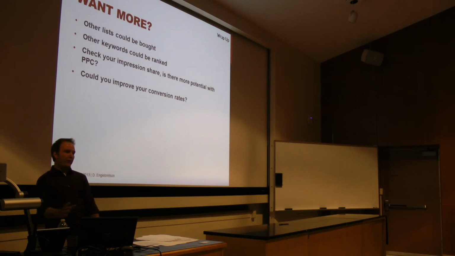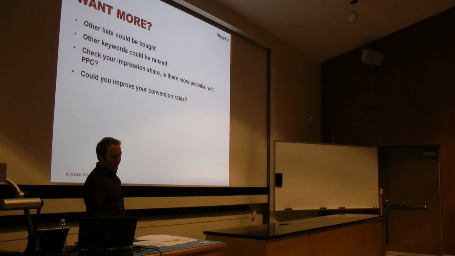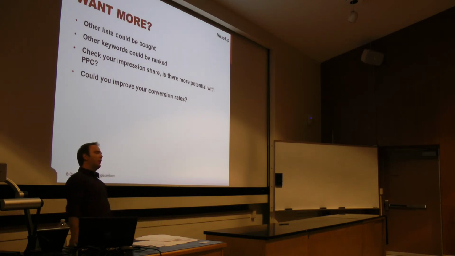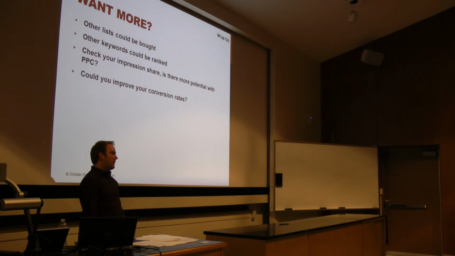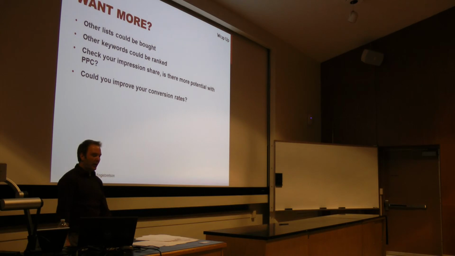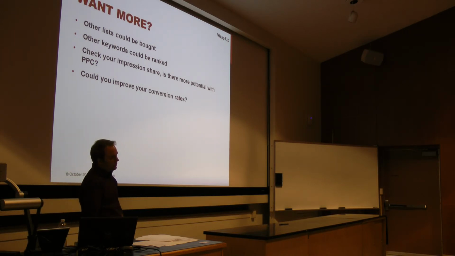So let's say you still have $400 left, or a little bit of energy left, or you want to say, well, what could I have done more? How could I scale this up? Well, you could have bought some other email lists. You could have used other keywords in your PPC. You could look at your impression share, which I'm not going to dig too far into, and find out that if I spend another $2 per lead, I could have sold another 100 sweatshirts a month.